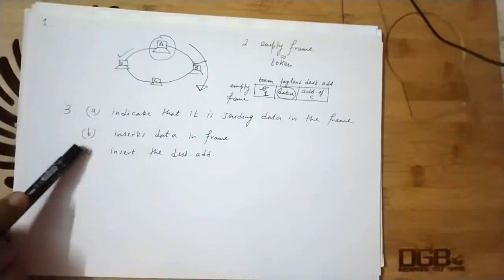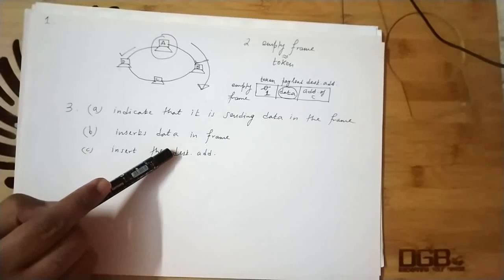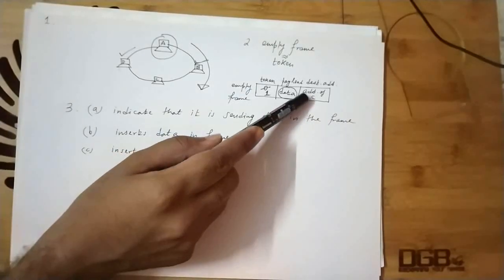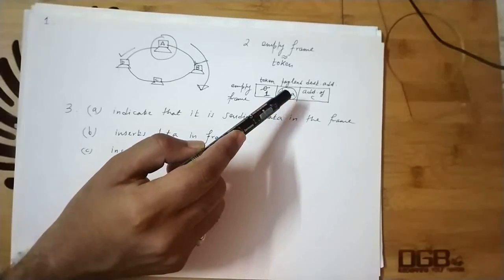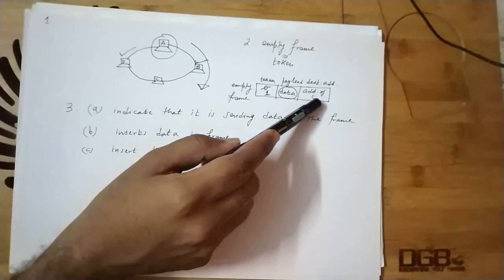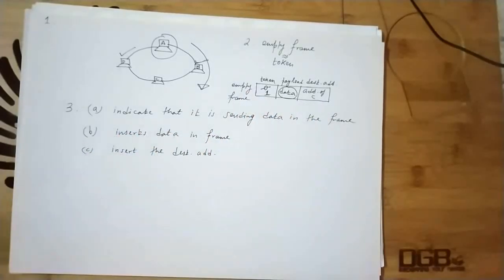The next step is it inserts data in the frame. How does it do so? It simply changes the payload field to the data that it wanted to transmit. And what is the third thing that it does? It will set the destination address, or the destination identifier, in the empty frame. What about the fourth step? The fourth step